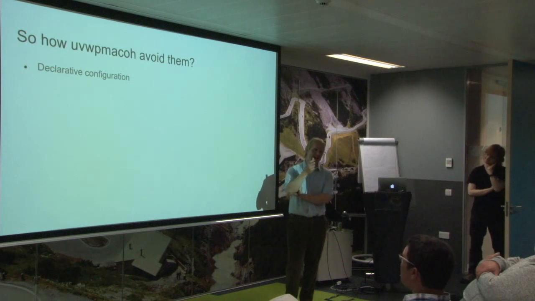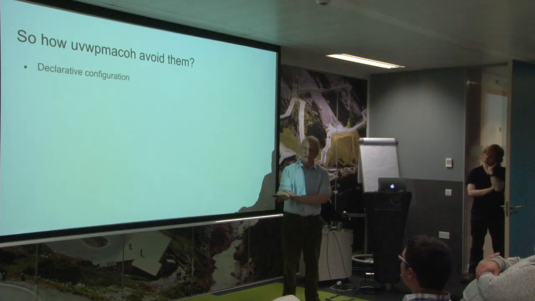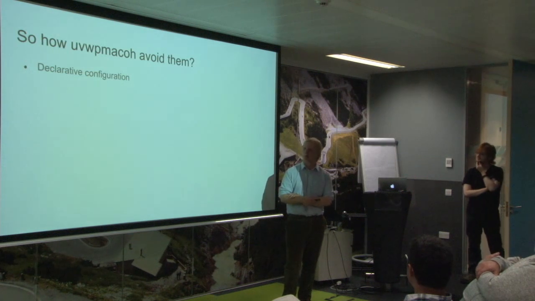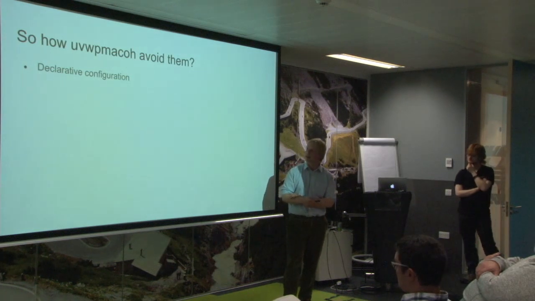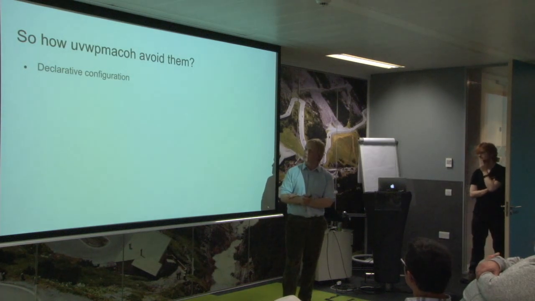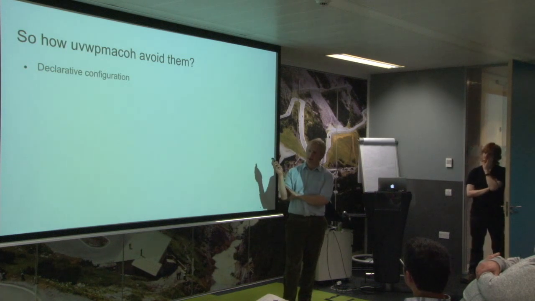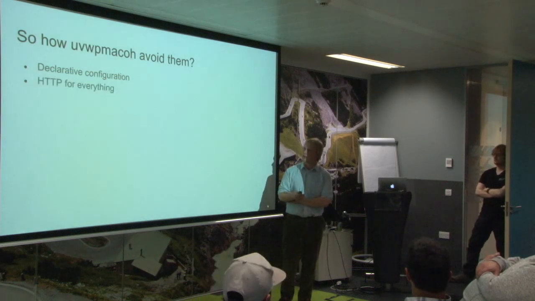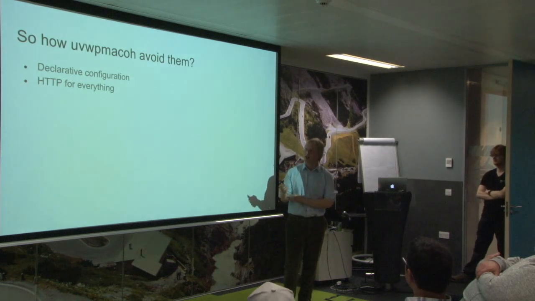Declarative configuration. Everything you do is in JSON. I'm sure that's got its own problems, but it's often enough a pragmatic choice. It's got bindings in various languages that are compatible enough to use. And again, declarative configuration is what a lot of the convergent things have all agreed is the right way to do this. I use HTTP for everything, which sounds very boring, but maybe I'm using it for things that you wouldn't have thought of.